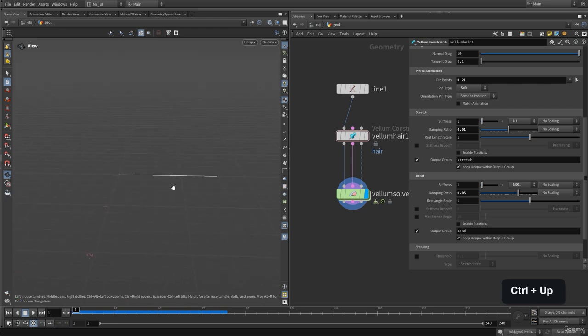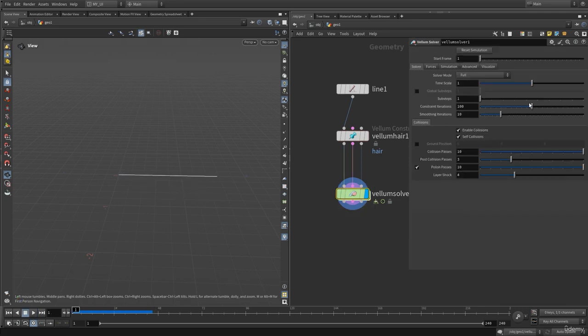motion. And right now, because our pin type is soft, I can change this to stopped, and I think it is not going to move. And here as you can see, I can lower down this stretch stiffness to 0.01, and let's hit play. And I can go into the Vellum solver. Always increase the number of sub steps if you're facing problems, and that will just increase the accuracy of your